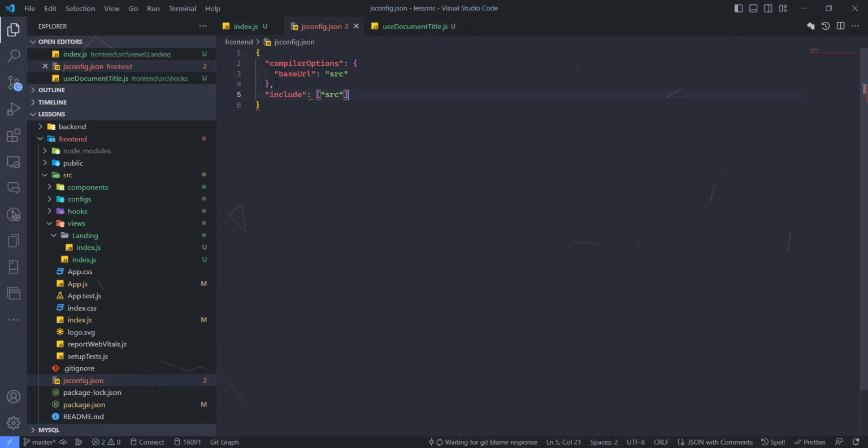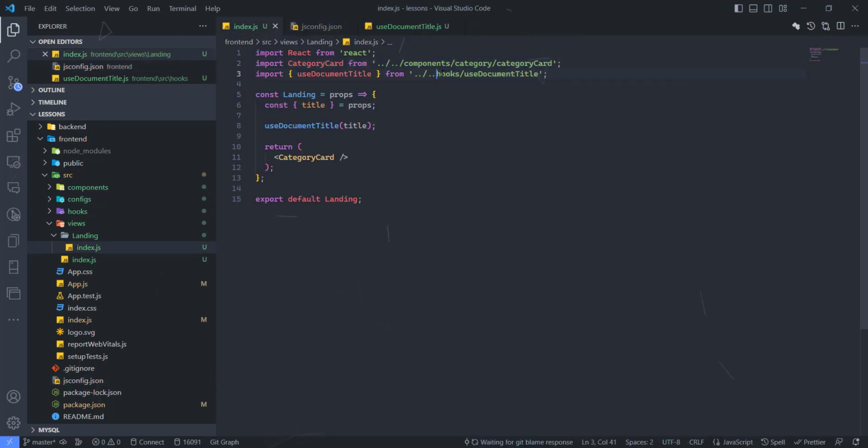All right then, so our app should see this configuration right now and start using it. So right here, we don't need this anymore. Since we're setting this, it's just going to take this and go into the folder, and the same thing with this. Okay, so I think that's